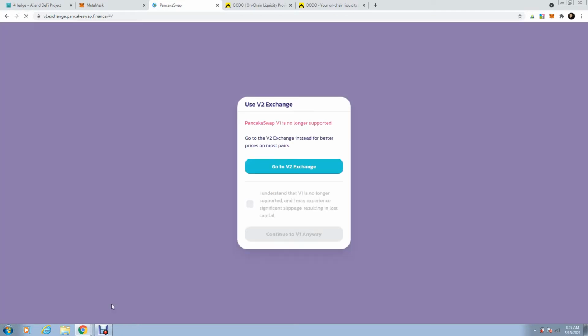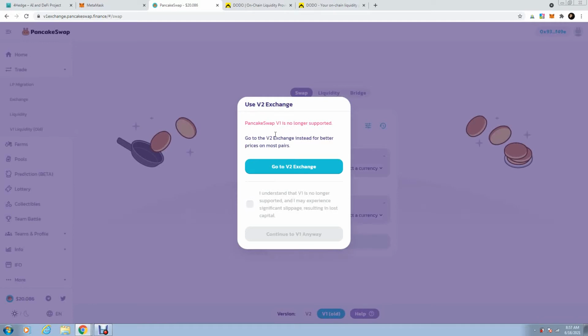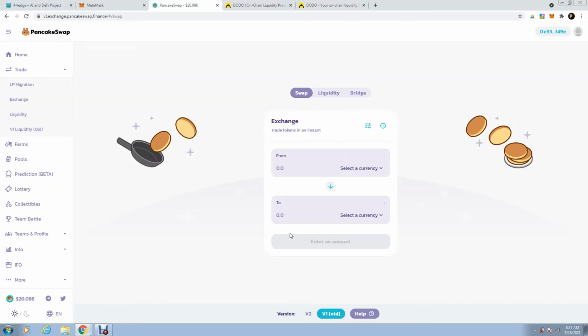all right, and then there is a gray button right here. It says it's no longer supported, but it is, it's working, okay? So this button, click it, have a look in here. I'm clicking, all right, and I go continue anyway, continue to V1 anyway. I'm going in here, all right, and I want to, let's say, buy some tokens, and